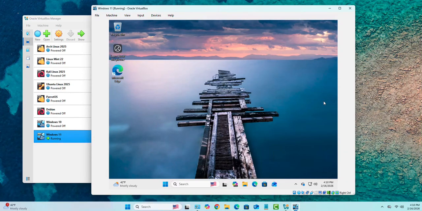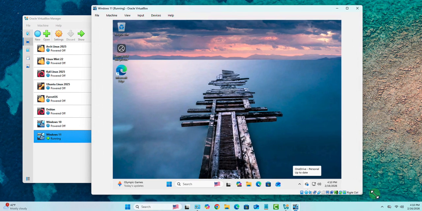In today's video, we'll look at how we can install VirtualBox Guest Additions on a Windows 11 device that's installed on VirtualBox. Now, this Windows 11 virtual machine is a new install. So this Windows 11 is a new virtual machine. I just installed this on VirtualBox, and some of the issues you could run into with the new install is